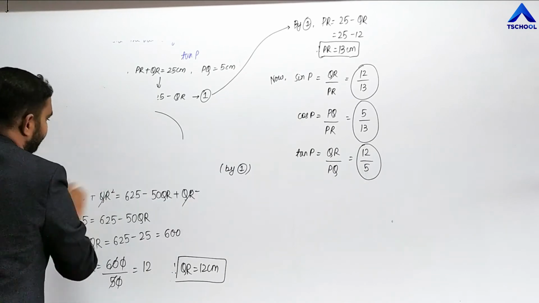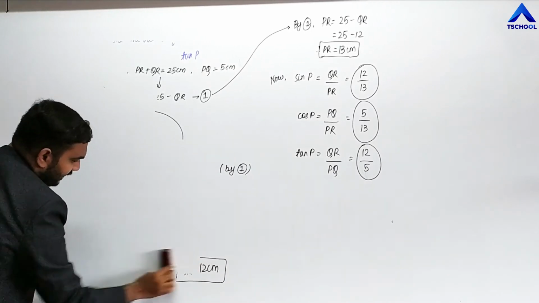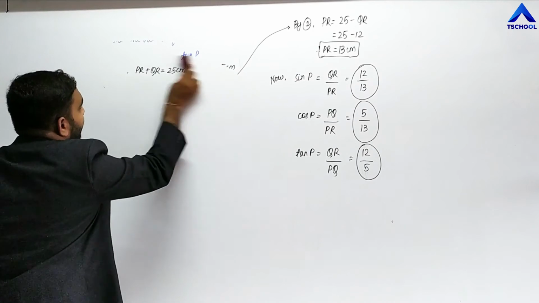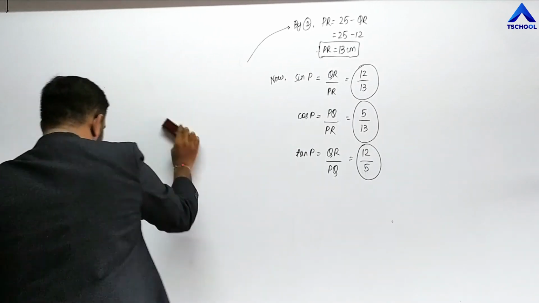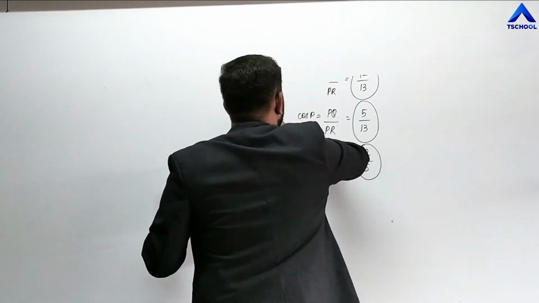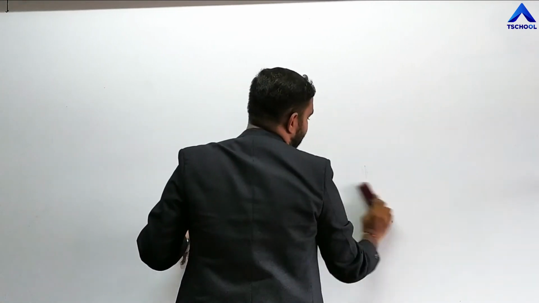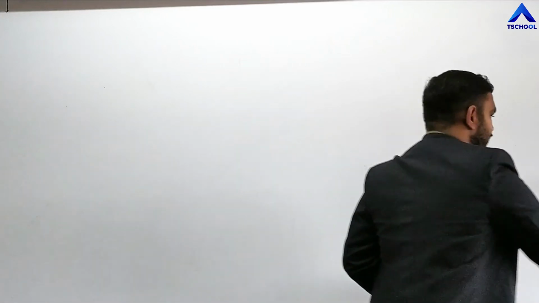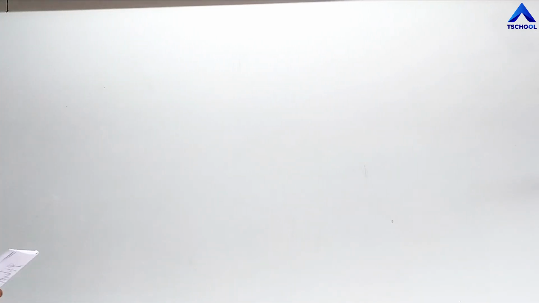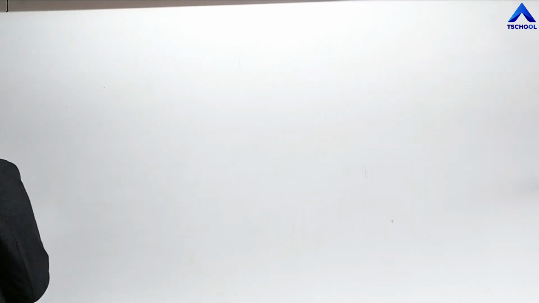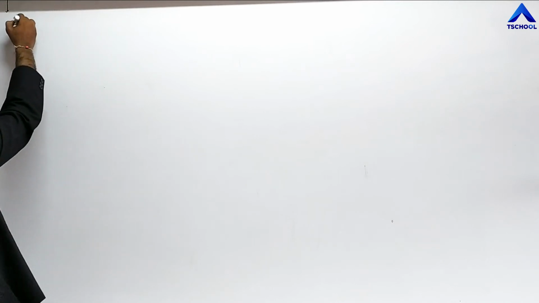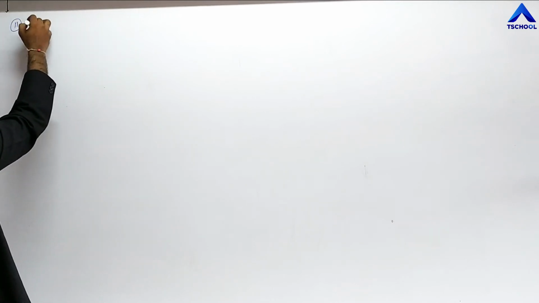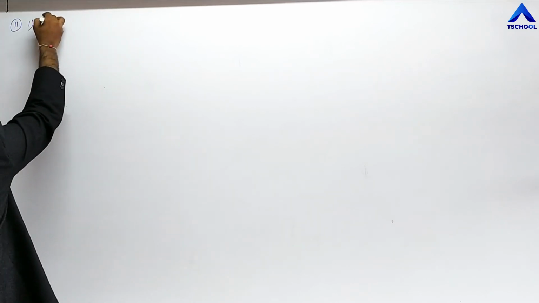Now we shall discuss some true or false that are being given in the exercise, and these true or false are important in the way that a question can be asked in section A from this part, from the true or false section. So we will not take this lightly because each and every mark is important for us. So let us see the first one. It is under question number 11. The first one, the value of tan A